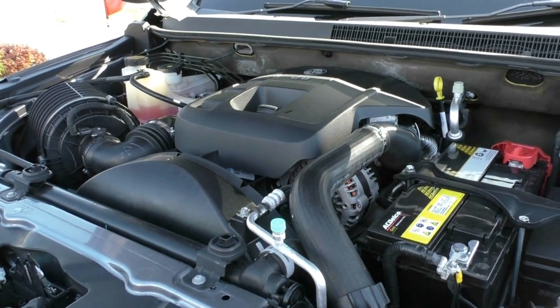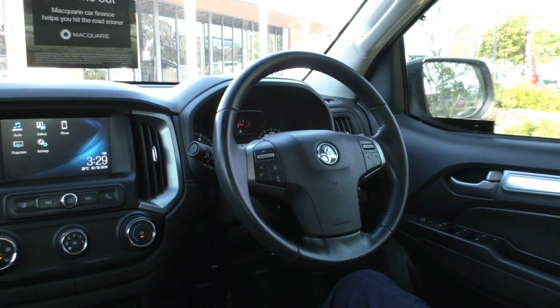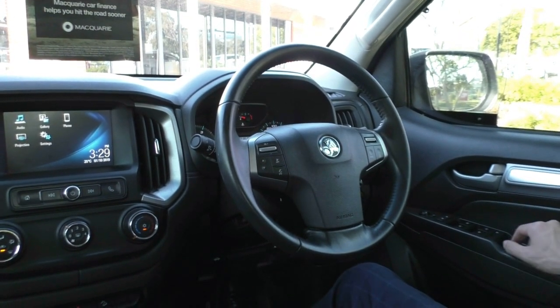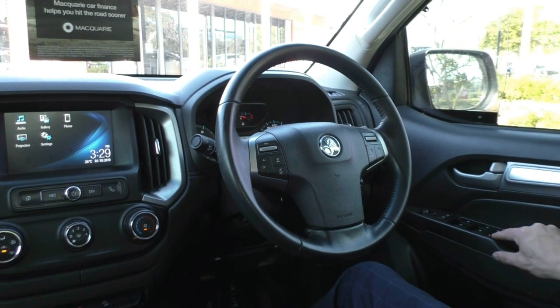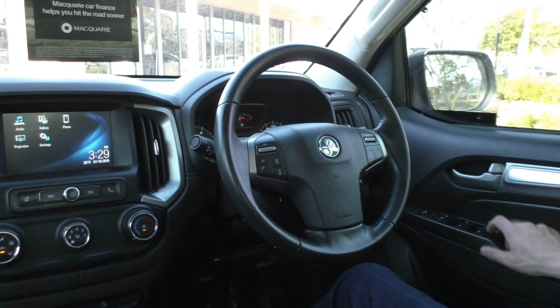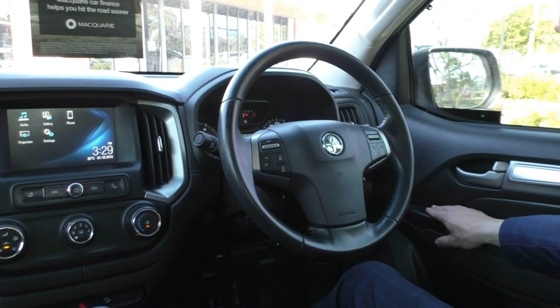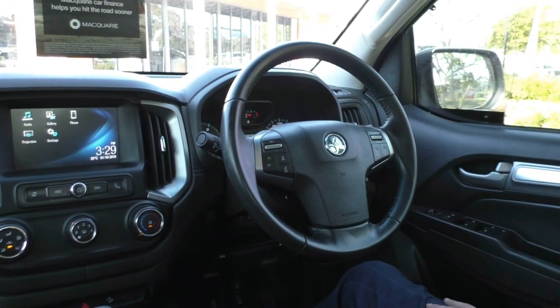so you're not going to be filling up every week with a car of this fuel consumption. Guys, now taking a look inside the Colorado, we'll start you off at the driver's side door, where you have all your power window controls. You also have a button here that lights up to let you know when you have locked the windows, and then all your central locking just above there as well. Now, just above the central locking is where you have all your mirror controls, so obviously power mirrors for left